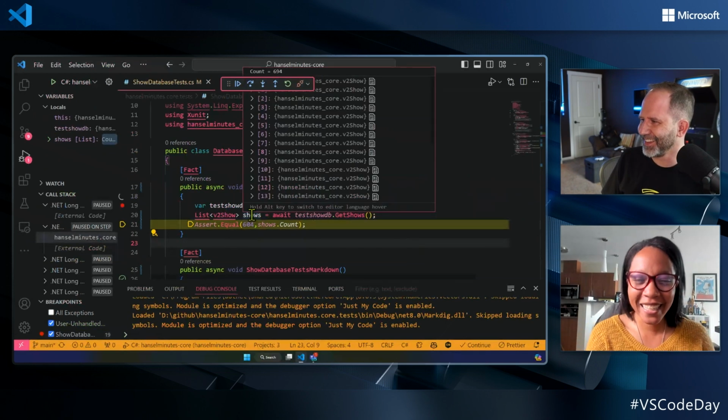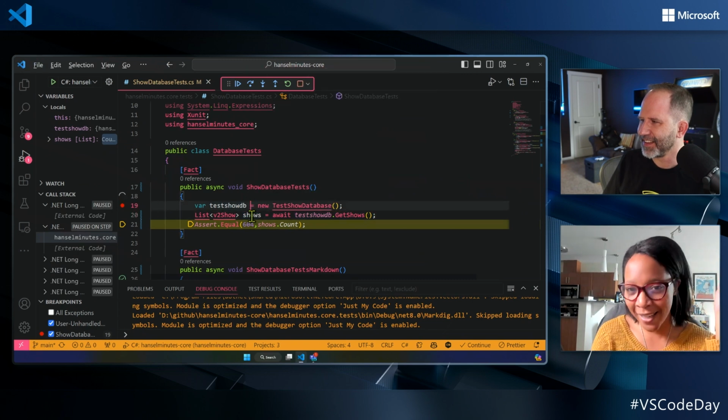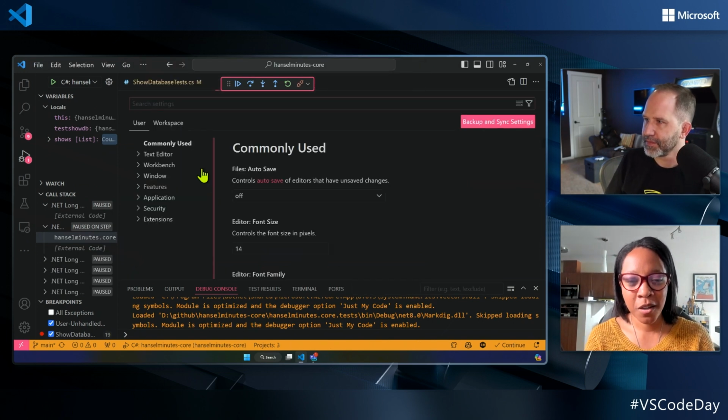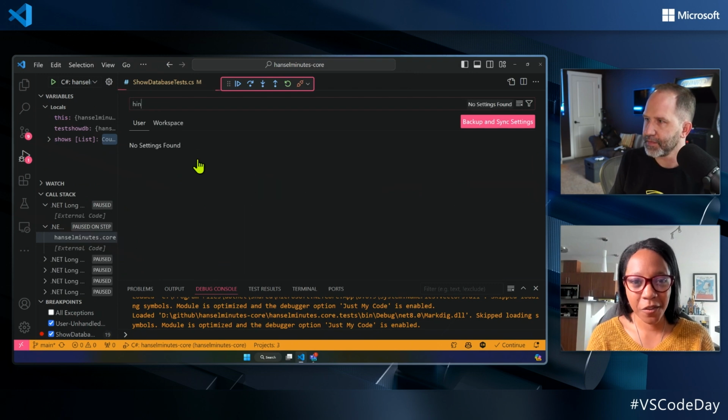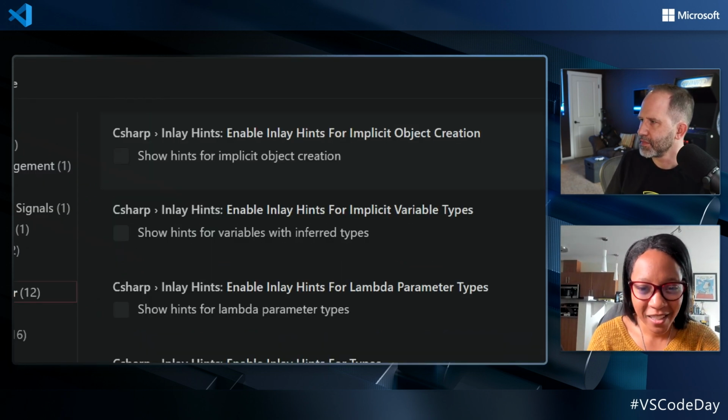Bringing it more. But there is a setting that you can access. We don't have too much time to show it, but it's called inlay hints. This exists in both VS and VS Code. So if you turn on inlay hints, and there's a lot of fine-grained control you have over that setting, then you can view the type of a variable inline in your code,